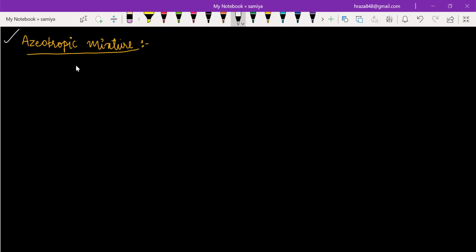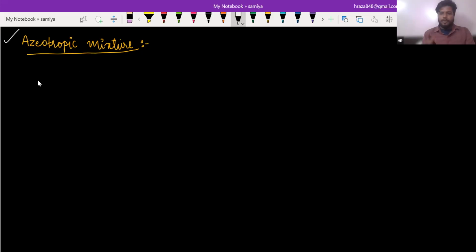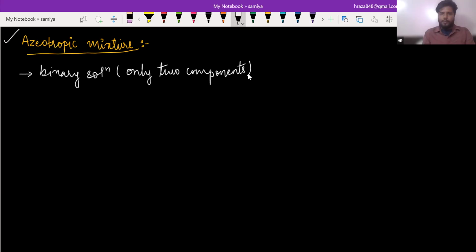So today's topic starts from here, azeotropic mixture. See, what is azeotropic mixture? So I'm going to define it. Any solution which is binary. For azeotropic mixture, it should be a binary solution. You know what is binary solution? A solution which contains only two components. So the first condition for being an azeotropic mixture is it should be a binary solution and a fixed